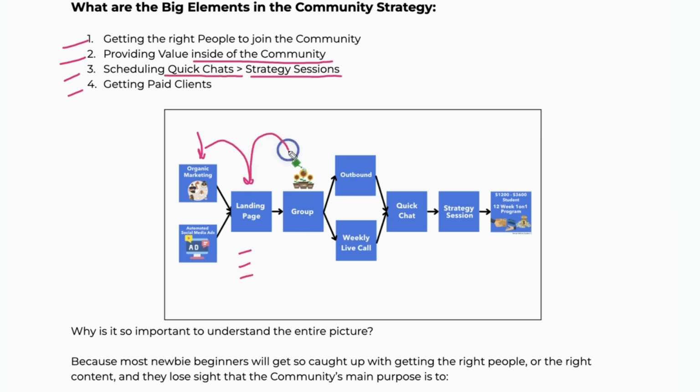Then from there, they're going to join your community, which is your Facebook group. Then they're going to get a series of text messages, and you're going to be doing weekly live coaching calls, which will then get them to want to schedule a quick chat with you, which is just a 30-minute call, which allows you to help solve their problem, answer their questions, and it allows you to actually establish yourself